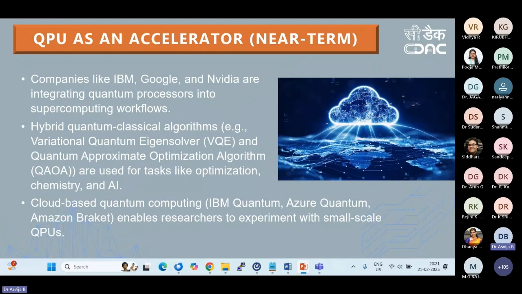Most of the big software giants as well, including IBM, Google, and NVIDIA, have already been demonstrating these kinds of hybrid systems by integrating quantum processors into supercomputing workflows. Just like how you develop a standard accelerated supercomputing workflow, which will involve some sections of code which have to get executed on the GPU, you use some kind of programming primitive to say that this section of code has to go into the GPU, basically the GPU kernel, which has to get executed on the GPU, and the results have to be brought back by the runtime to the